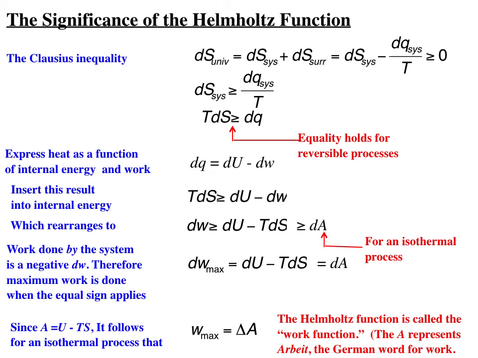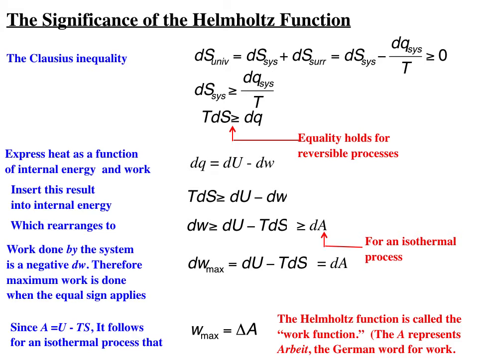So what we then simply do is a little bit of rearrangement. So we write dw is greater than or equal to dU minus TdS. Now remember, dU minus TdS was the definition of what we called dA. Now what we can then note is a couple things there. We have dw is greater than or equal to dU minus TdS, which is greater than or equal to dA,